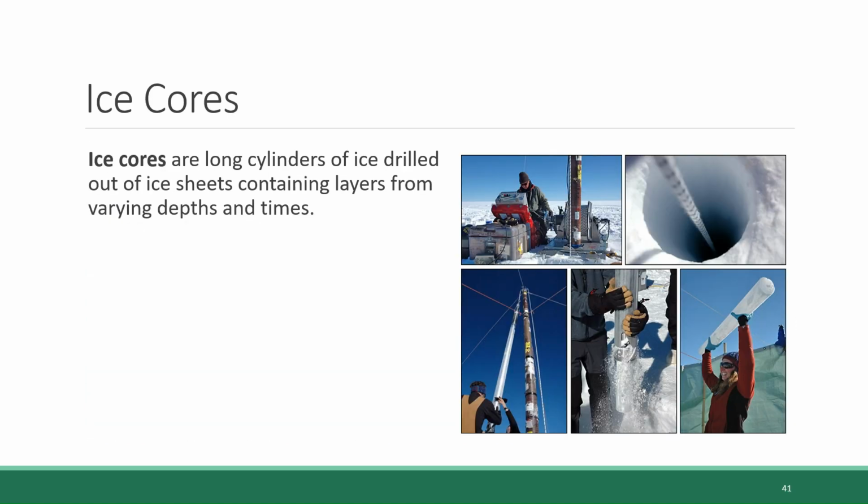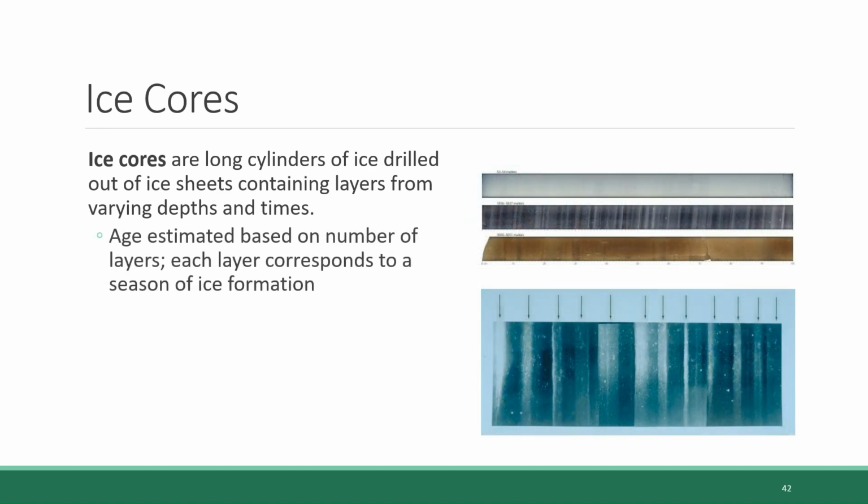From these ice sheets, ice cores can be extracted. Ice cores are long cylinders of ice that are obtained by drilling down, sometimes several miles down, and those cylinders of ice contain many layers reflecting various depths and periods of time from the past. Knowing that the deeper you go, the older the ice is, we can estimate the age of a particular layer of ice because the ice cores can be stratified into visible layers, kind of like tree rings that represent each consecutive season of snowfall and freezing.